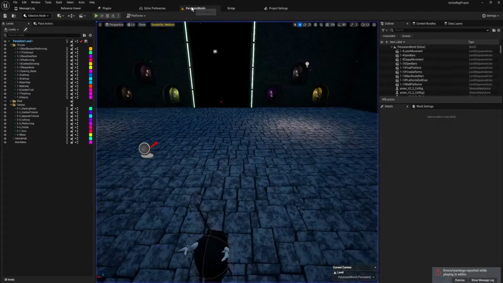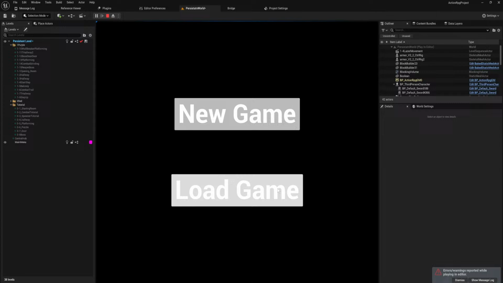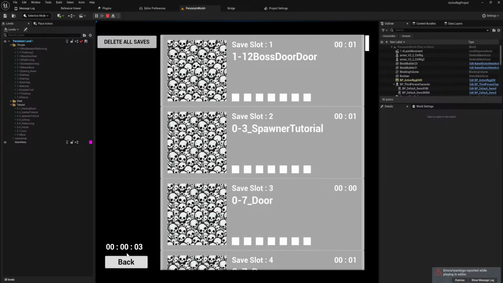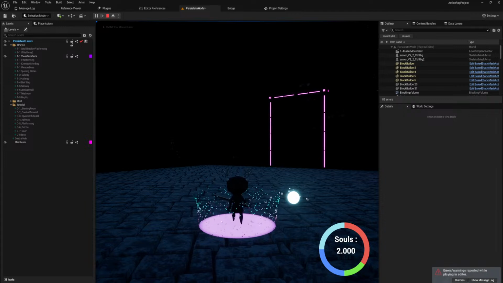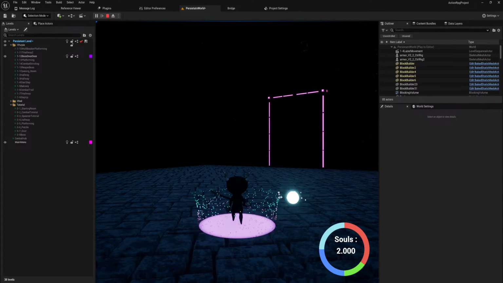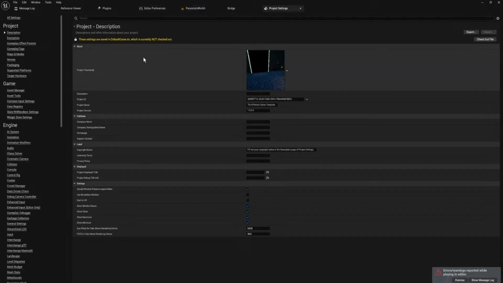Hold on. It's supposed to work with my game. I literally played my game with this controller yesterday. And now it's doing this again. Okay, let's check the project settings.